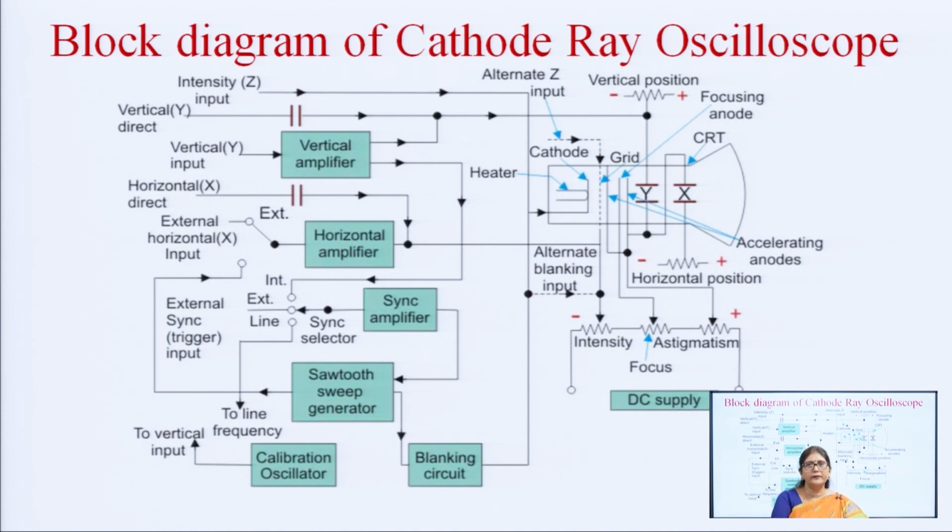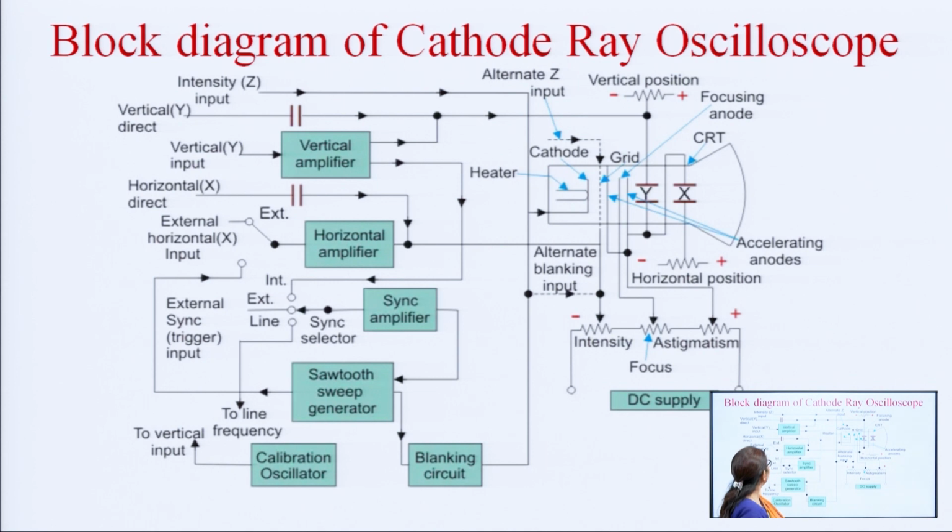Then this is the extended block diagram of a CRO. Here we can see that if we want to measure an input signal, and the amplitude of the input signal is sufficient, it can be displayed directly on the screen, so it is directly fed to the Y deflection plate. But if it is required to amplify, then it is fed through the amplifier. If it is required to be attenuated, then it is fed through the probe. Probes are available which can attenuate the signal by 10 times or by 100 times. Then in the horizontal deflection plate also there is an external circuit and an internal sync circuit.